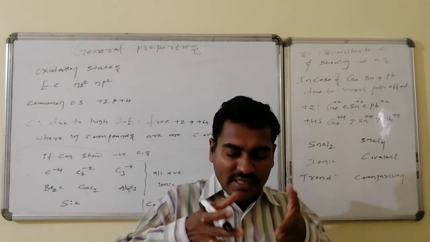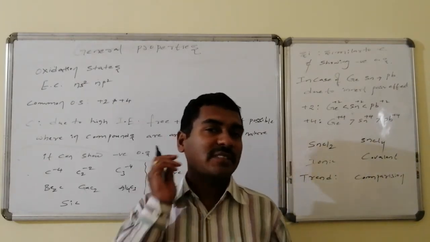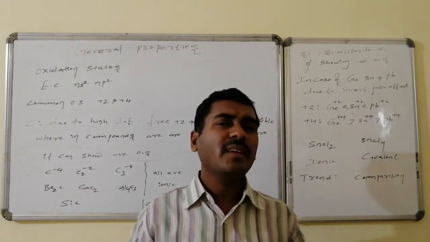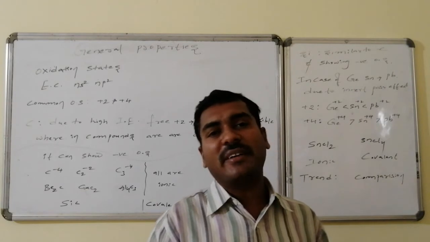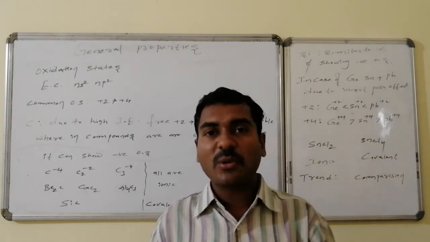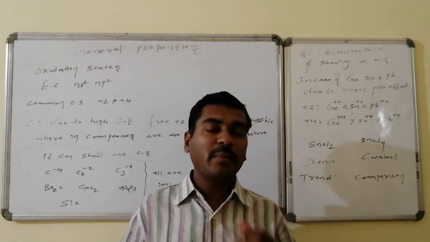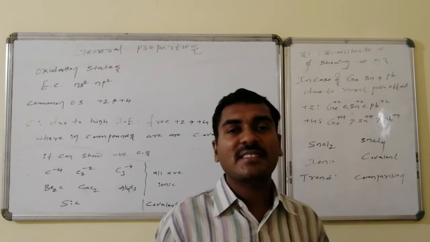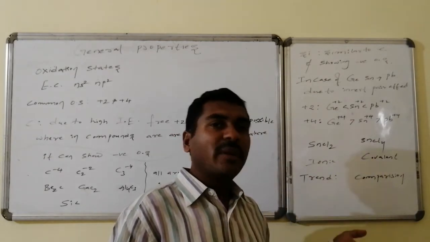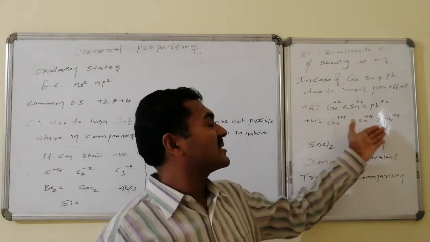Now if we focus our attention on the remaining elements, germanium, tin and lead, which have similar outermost and penultimate electronic configurations, a regular trend is maintained. They can show +2 and +4 oxidation states because they have lower ionization potential. But due to the inert pair effect, the ability to show the +4 oxidation state decreases. Among germanium, tin and lead, germanium is more stable in the +4 oxidation state compared to tin and lead.